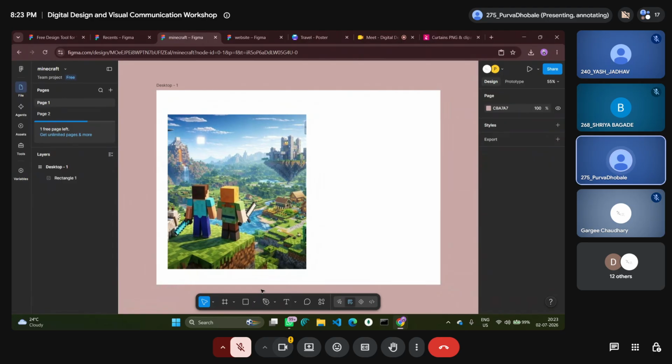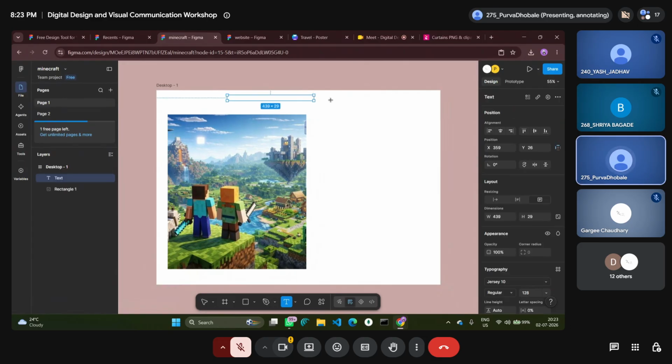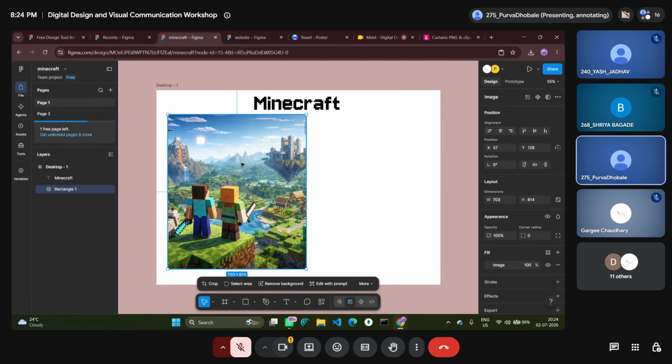Now we'll add text. So these are the basic things that we are doing right now. I added a text and we'll align it accordingly where we want to keep it.